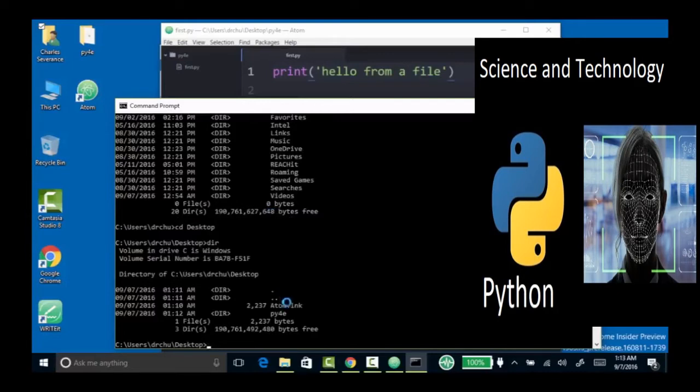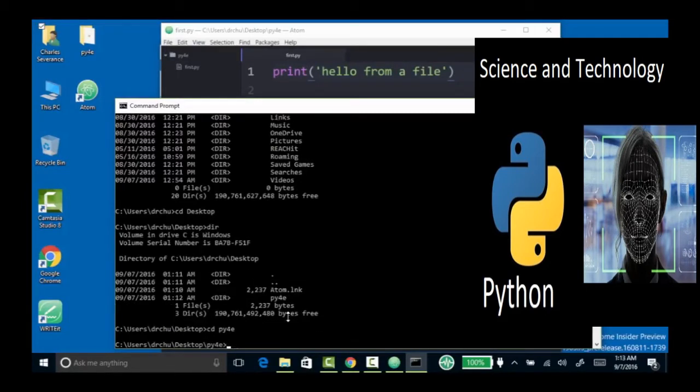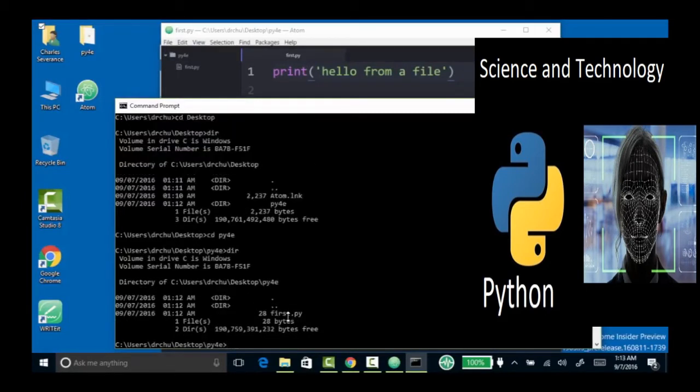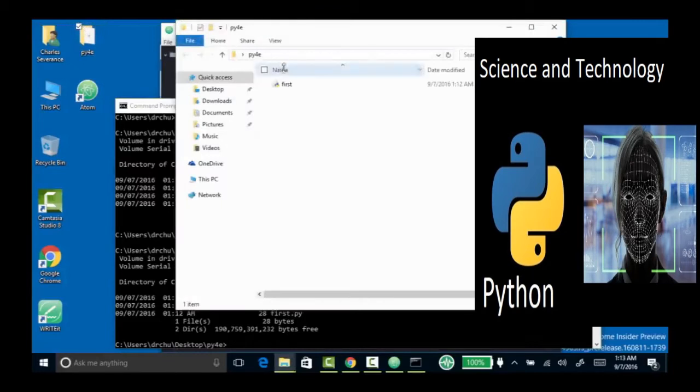These folders are the same as these folders. These things are kind of virtual folders. py4e is py4e. Now I can type cd, which stands for change directory, py4e. And I can do a dir, and now you see first.py. And that's the same as if I'm diving into this folder. Here's this file, first.py. Windows hides the suffix, which is somewhat annoying and frustrating, but that suffix is there,